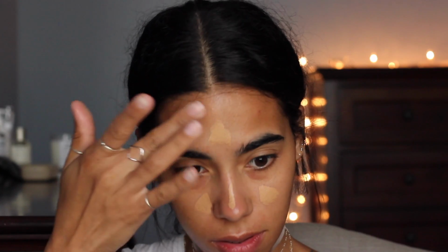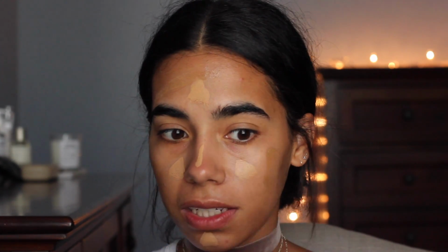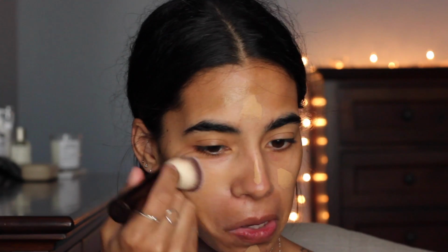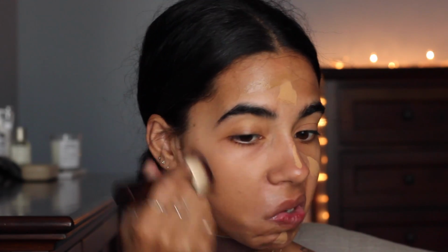This might look really dark on camera, but I promise you, I am a lot darker today. No, that actually might be good. So I'm just gonna wipe this on my face. That works. I'm gonna take the Hourglass buffing brush. I'm not sure if that's the actual name for it, but it's their buffer brush, and I'm just gonna